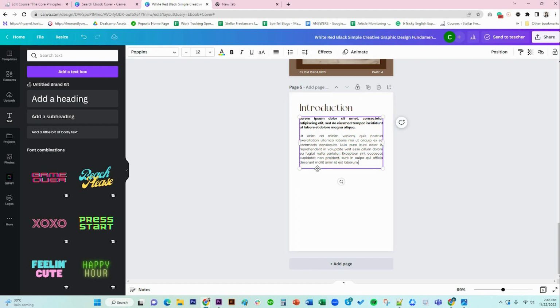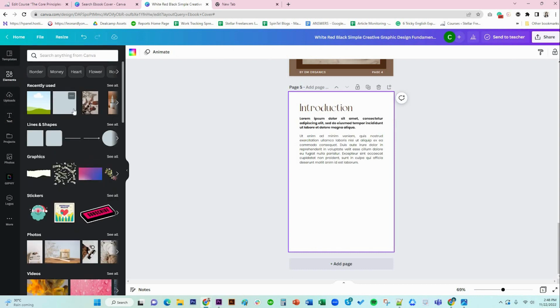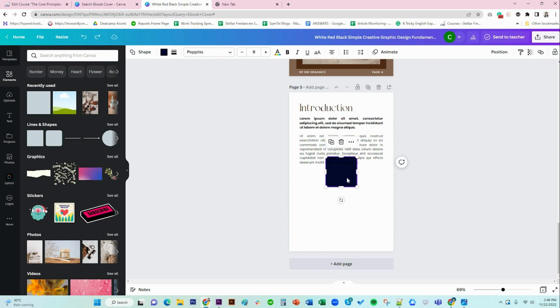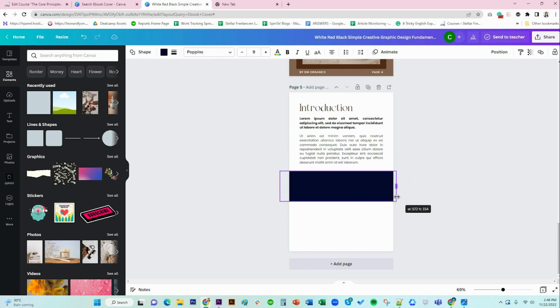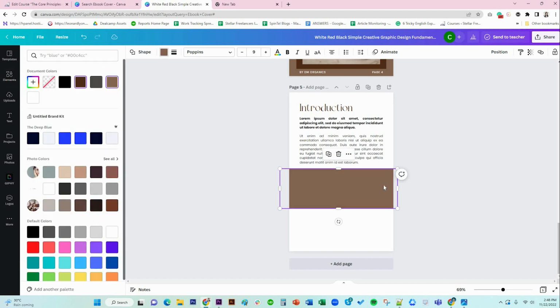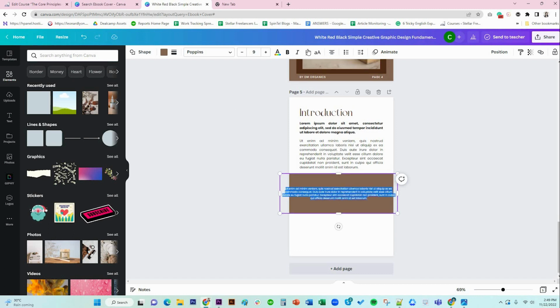By the way, our design requires a shape here, which would act like a divider. So let's put that here. Let's make it a bit wider. We will choose a lighter color for this, and then we will paste the content that we have. Okay,